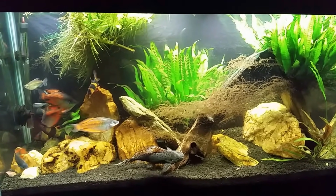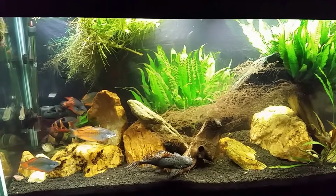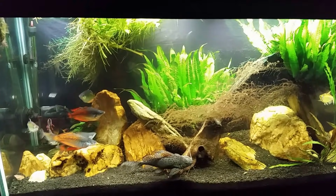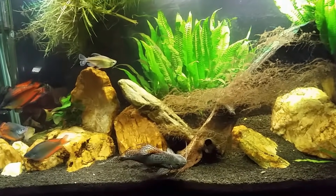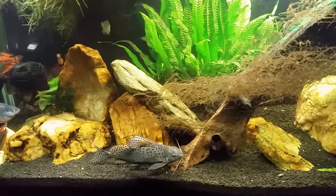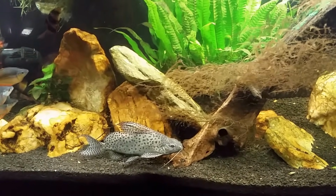You don't really need that, but I would say 60 would be minimum. That I would say would be an okay size for this fish in the long run. If you've got a smaller tank, like a 40 breeder or even a 20 long or something,